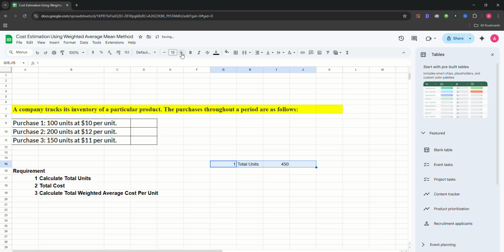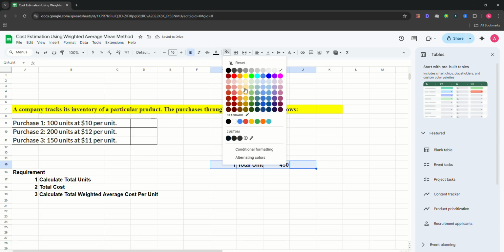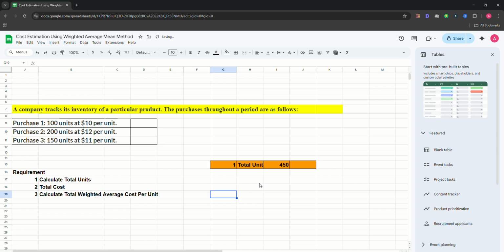Now I'm moving to the second question. I'm going to highlight it with orange color. Okay, now let's move to the next question. So now I need to calculate total cost. For the calculation of total cost,